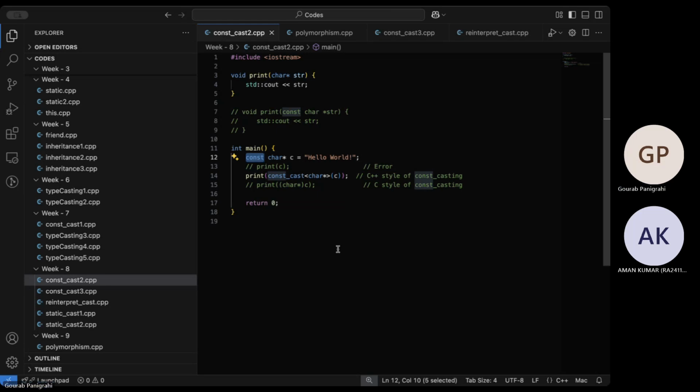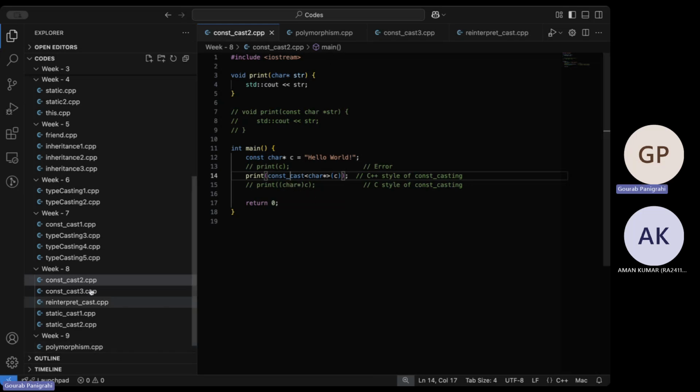To avoid this, we can const cast it to a character pointer and then pass it. So this is allowed. To pass to functions and temporarily disable the constness, one can do this, the C++ style way. And the C style would be just using brackets and a character pointer.